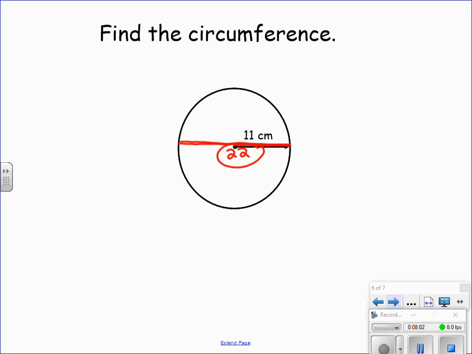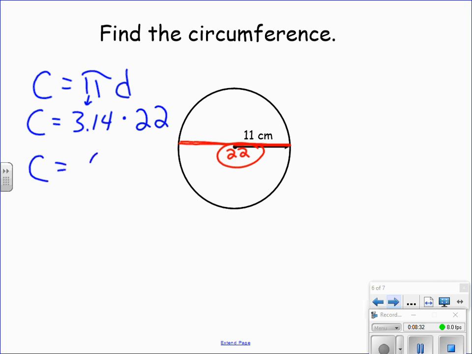So let's use the formula C equals pi d. Circumference we don't know, pi is 3.14. Most of you memorized that in like grade 4 or grade 3, and you've been using it ever since. Diameter here is 22 because the radius was 11. And then with your handy dandy calculator, take 3.14 times 22, and it comes up with a stanky decimal. C is equal to